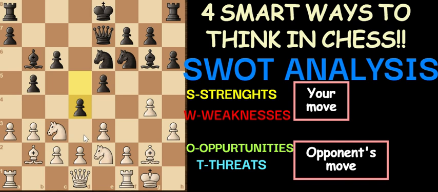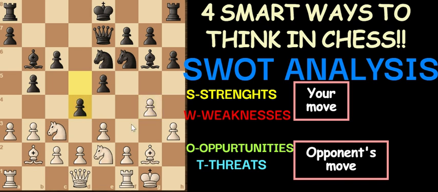So now let's look at the weaknesses which black obtained after playing this move. Well, let's take it back. You can see that this pawn was protecting these two squares, right? But now it is not protecting these two squares. Also, you must look for the weakness that the black pawn left behind before he could have played this move,